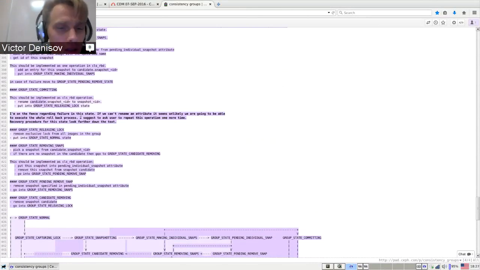All right. So here's the thing. For example, we're in the group state committing. It means that all snapshots are done. They are recorded, and the only part that is missing is to rename this candidate to normal snapshot. So my suggestion is to just say, hey, try again, and completely separation rather than rolling this back all, right? Because if all snapshots are done and the only part that is missing is